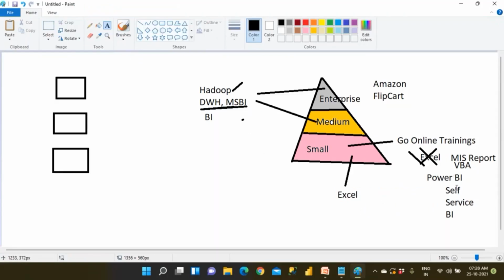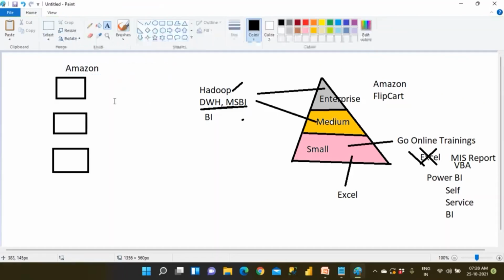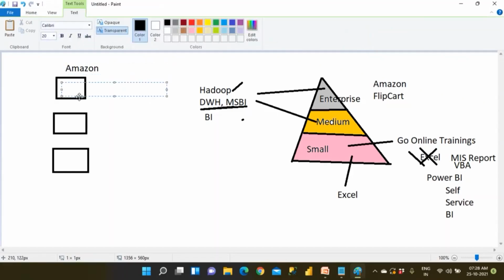Clear? But when we have data coming from Hadoop, data coming from data warehousing. Data warehousing means you have a large amount of data. Think about Amazon's company data every month. Even if you talk about small data, they will get a minimum of 100 GB, 200 GB of data per month. They may have an SAP system, an HR system, a sales system. They'll have a lot of other systems, .NET servers. They'll have a lot of data in Excel sheets also.